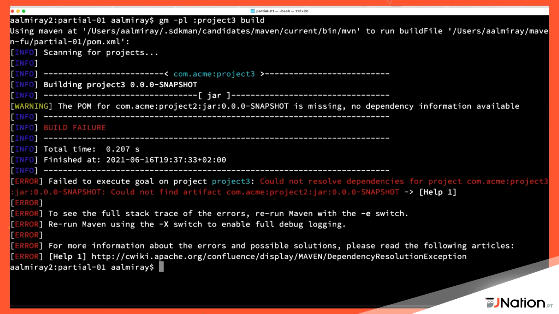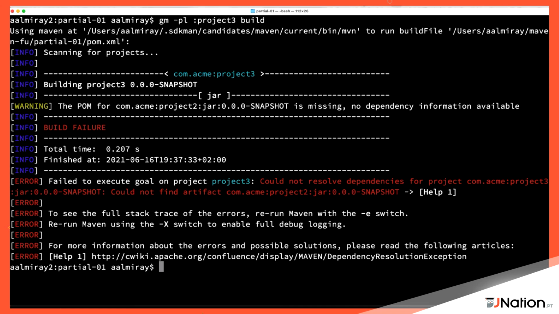Let's do a build, and we have a failure. It says it could not resolve the jar file for project 2, because again, Maven resolves dependencies from repositories, of which you have two types, local repository and remote repository. But because we did not push project 2 into a repository, we got a failure. And then this is where people say, oh, I know how to fix this. I just call install, which will put project 2 and anything else in a local repository. And then I can compile project 3, right?